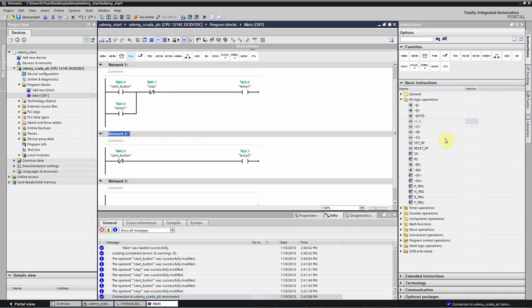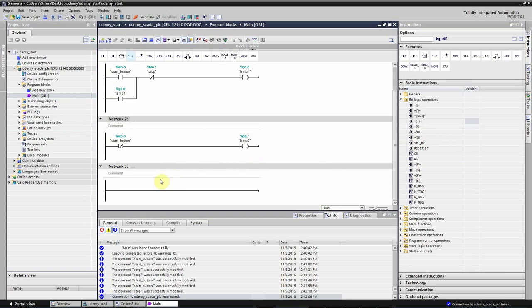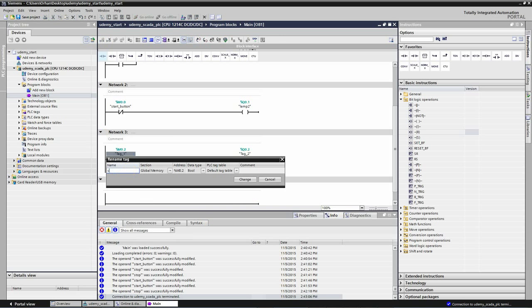Now I will use another command, the reset and set command. Reset output and set output work the same as this, but make it very easy for us. I will use a normally open contact and M0.2, and here I will use the set command. If you put a command here, you can see this orange, or you can move the command left, right, up, down, and you can see which command you can change. I will put set, and I give my other output Q0.2 here,